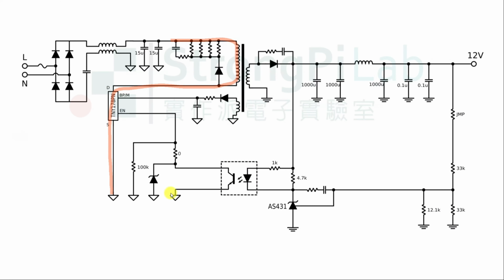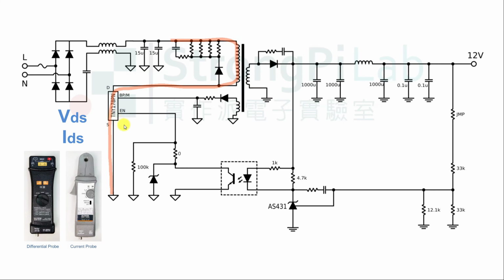Here is the SMPS schematic diagram. The primary path that the current follows is represented by the red line. To get the switching loss, in order to calculate the power, you need to multiply the voltage VDS of the transistor with its current IDS. Is it easy to measure these values? Not at all. You can either spend some money to buy a differential probe and a current probe, or you can use a tricky tip to do the measurement with a general voltage probe.